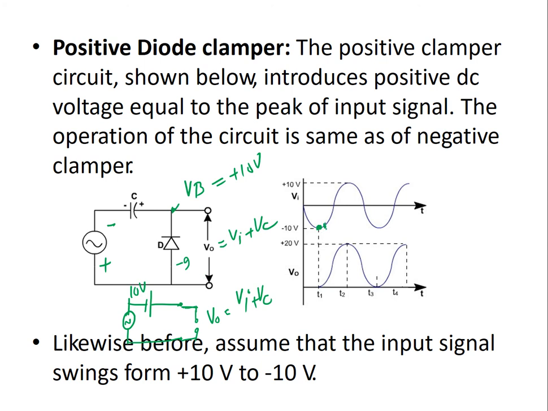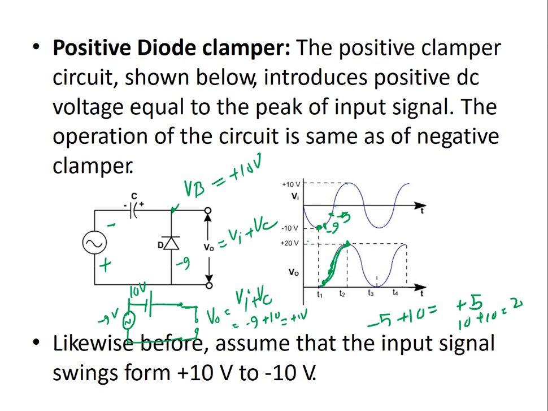Now here, for example, we have minus 9 volt input. This is plus 10. So minus 9 plus 10, it will be plus 1 volt. So I will get plus 1 volt here. Similarly, for example, here is minus 5. So minus 5 plus 10 volt, I will get plus 5 volt here. 0 plus 10, I will get 10 volt here. So it will go 10 plus 10, 20 volt here. So now I have got a positive DC bias of 20 volt plus 10 volt here.